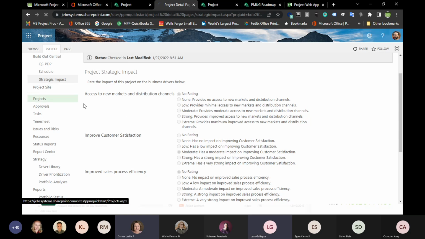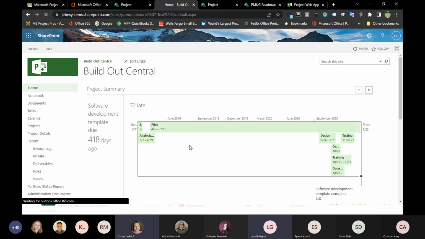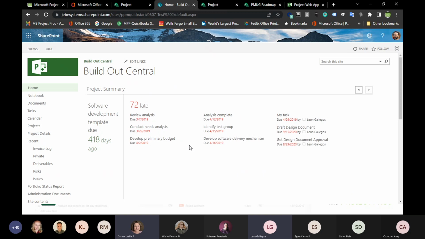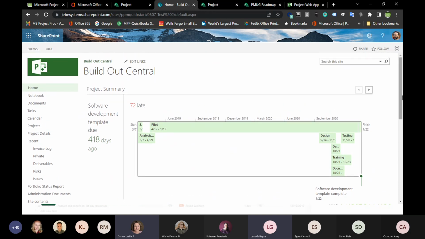The other thing that we have, because this is built on SharePoint, is a dedicated SharePoint site. And this is something that can be turned off or on based on if you were going to use it. So if you're not going to be storing documents here within SharePoint, you would turn this functionality off. And that's really what we're faced with today, because Teams is really everywhere.